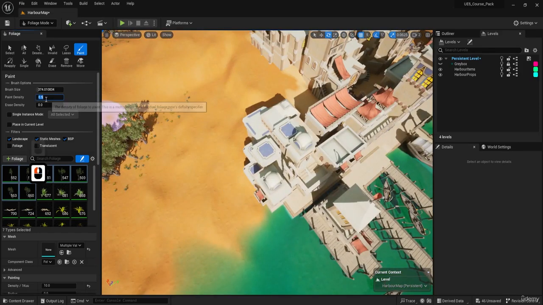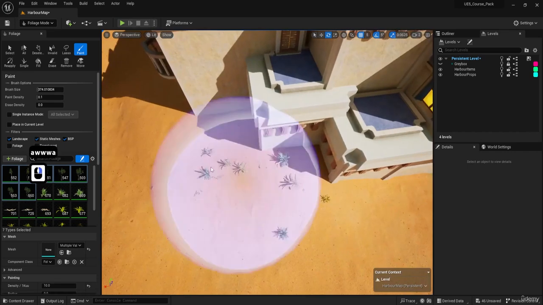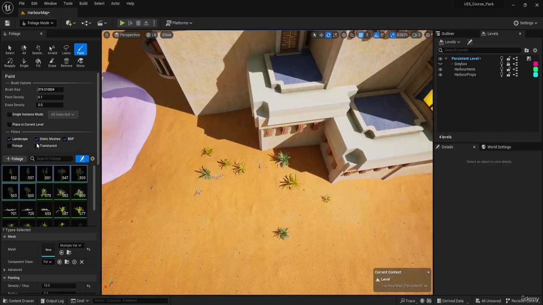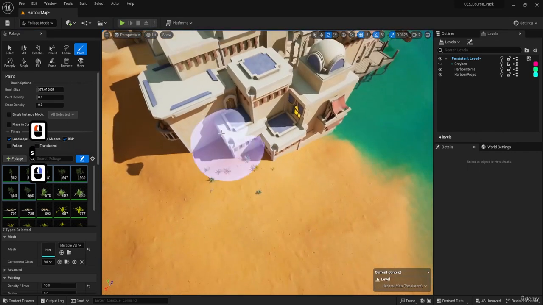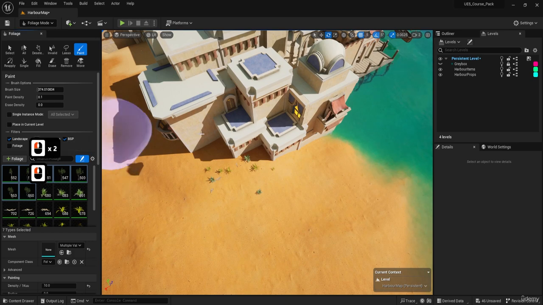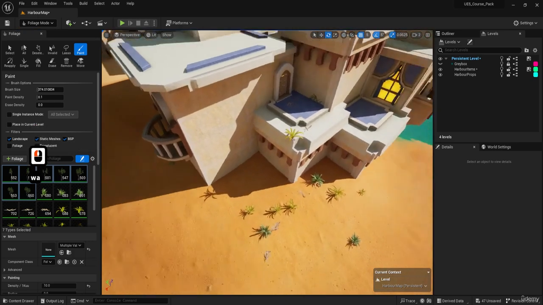We might even lower down the paint density, a value of 0.1, so we can just tap it around. And also make sure that the landscape is selected, but static mesh is ticked off, so we wouldn't be placing it on top of the roof zone and whatnot. Otherwise, if we were to click, you can see that